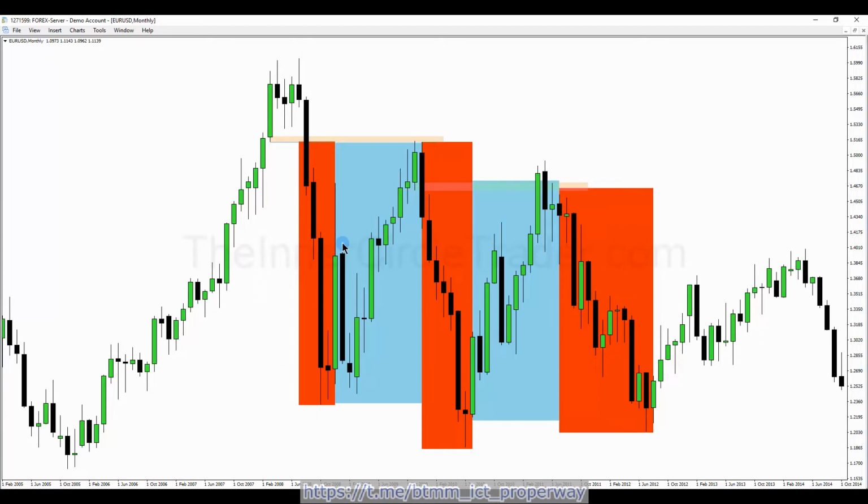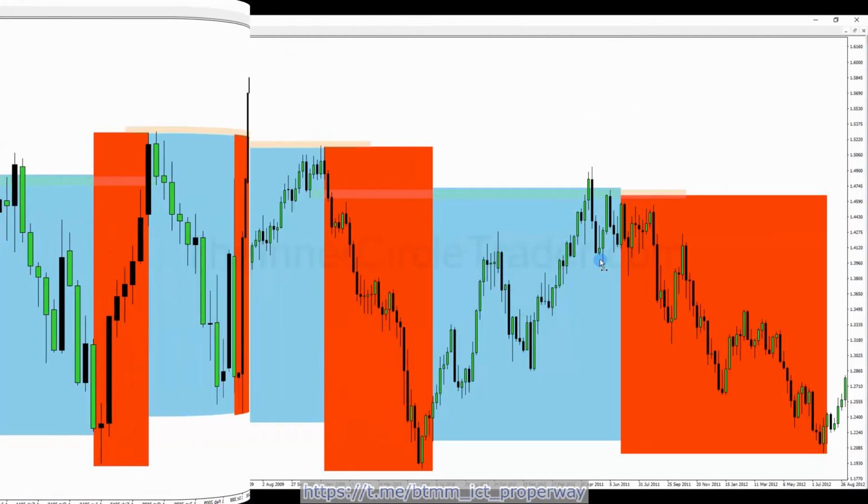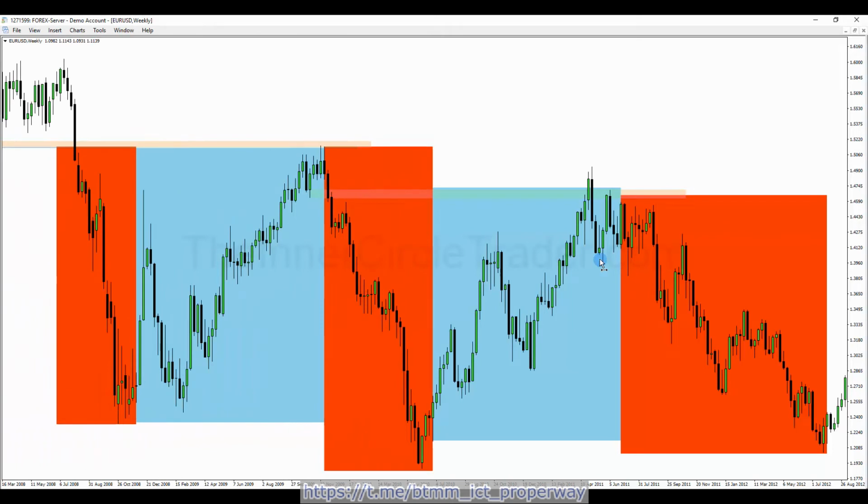So if we have it set up like this on a monthly chart, all we have to do is break the market down into a weekly, just changing it into a weekly chart. So now we have the price shown on a weekly basis. All through here we have the market in a selling condition, bullish market condition, bearish market condition, bullish market condition, bearish market condition. So now what we've done is we've mapped out this entire Euro Dollar from mid 2008 all the way to mid 2012,